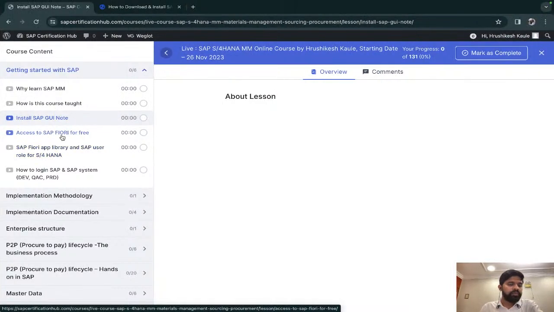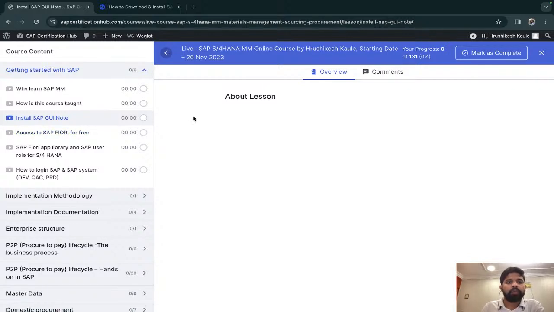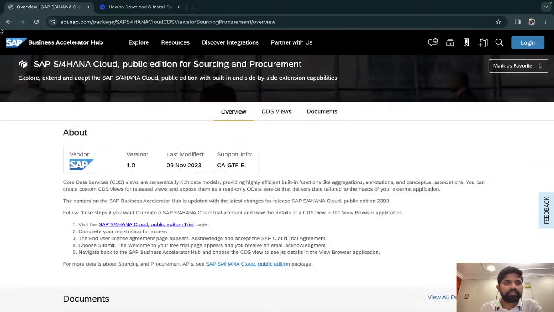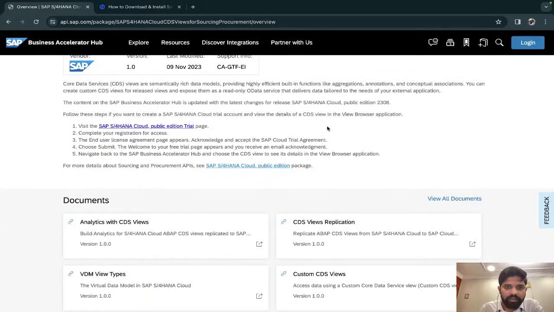Now, access to Fiori for free, I've written about that. The reason behind that I'll tell you. Now, come here. You can click here on this link. You will be redirected here.